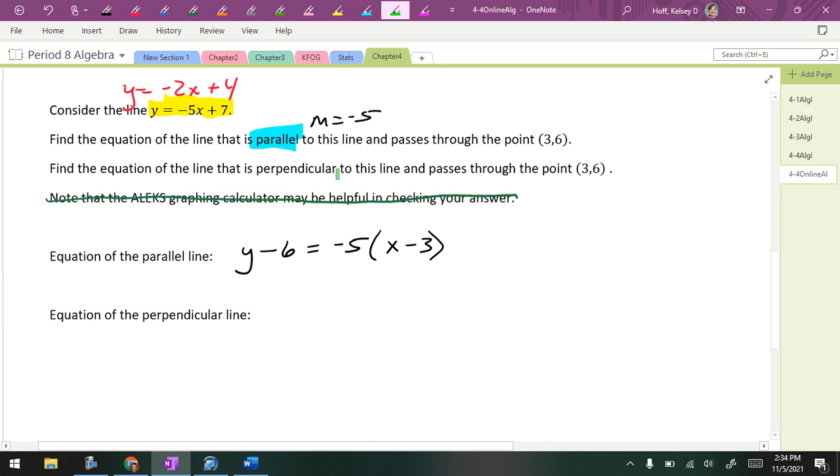Okay? The next one, it's perpendicular. So what is my slope going to be? 1/5. So my equation would be